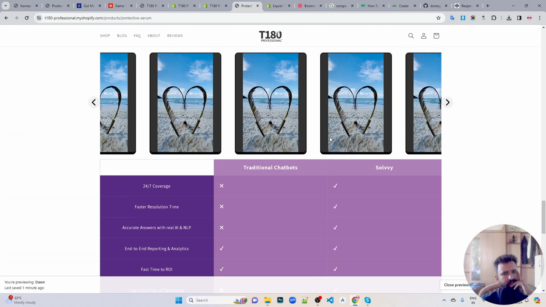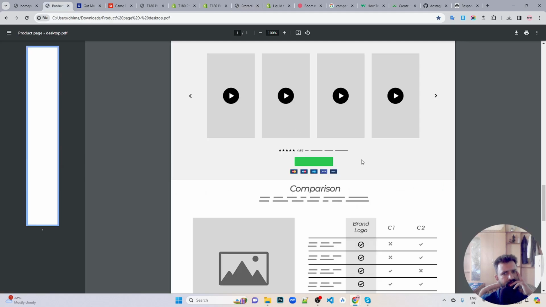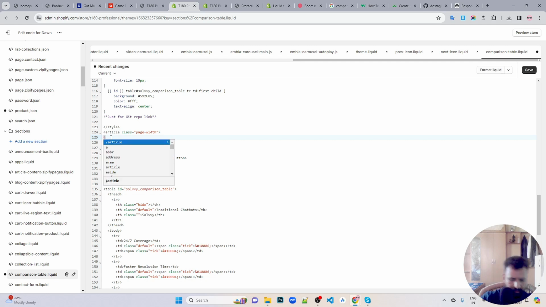Yes, it keeps it in limits. That's in the limits. And now here we can also add an image. We can add a div with class equal to image container, and